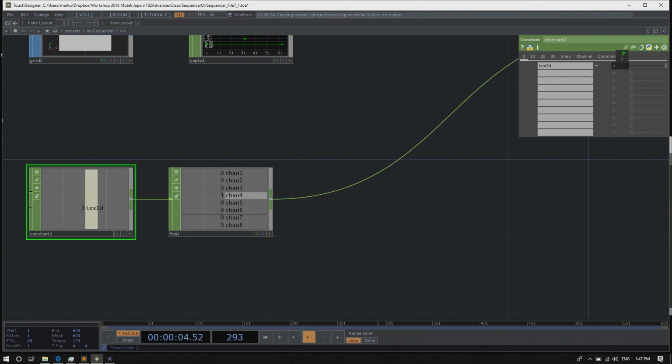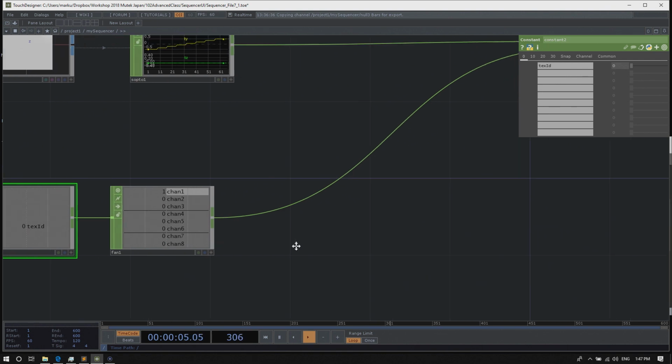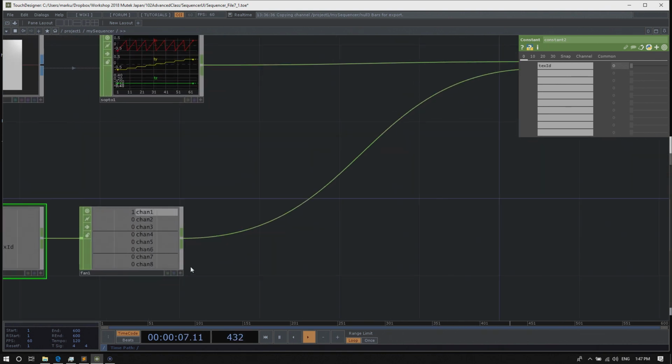As I said, we don't need 8 or 64 channels; what we need is one channel.